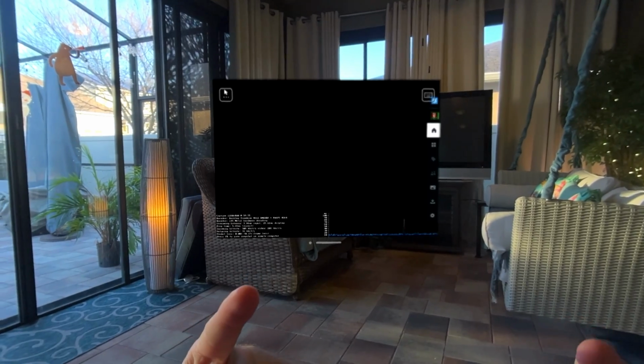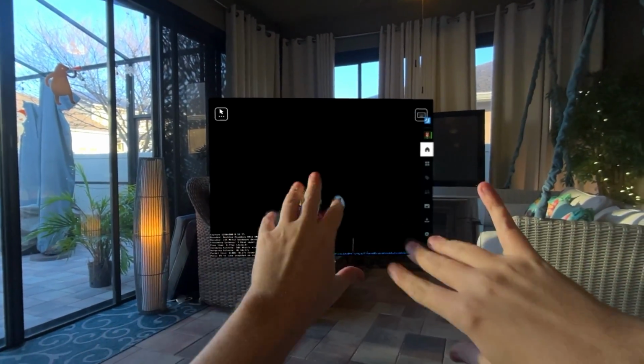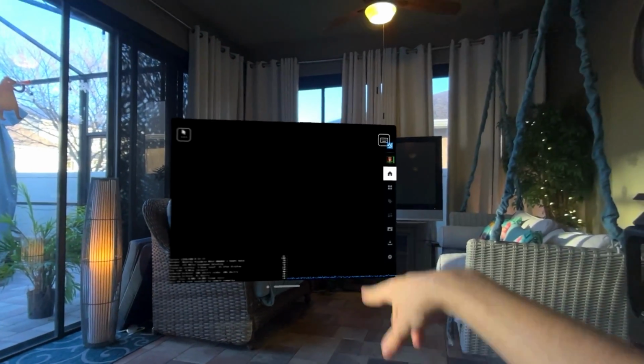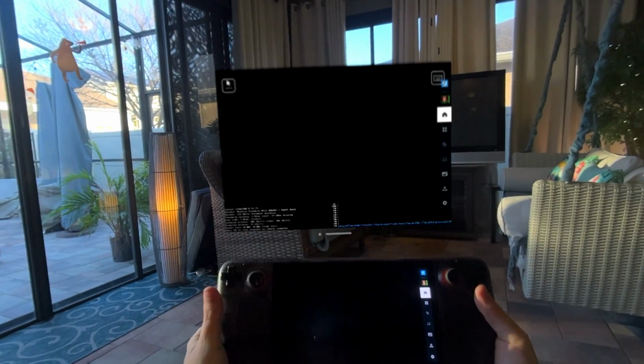Not my face this time, but an ominous black screen. Ooh, what are those UI buttons? Well, they're probably not that special if you own a Steam Deck, but it is special, and this video is going to explain why. So, this is a Steam Deck being streamed to my Apple Vision Pro via the iPad